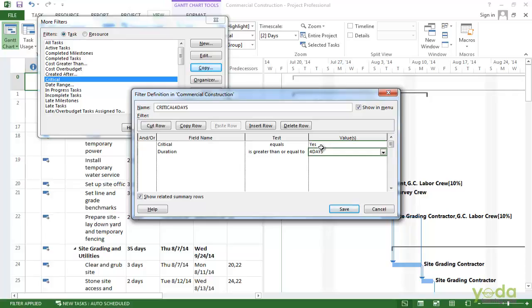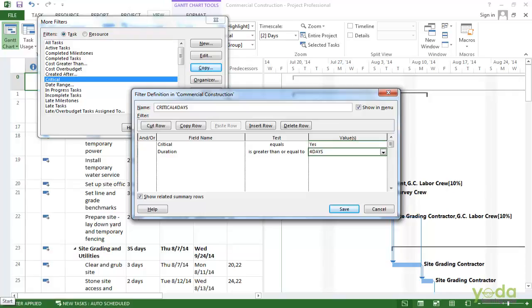Before I save this, I just wanted to point out a few things. There are a couple of different tests. You do all of the basic comparisons, so does not equal or equals, greater than, less than, that kind of thing. Is within and is not within are for a range, so if you want to test for a date range, in the last 3 days.